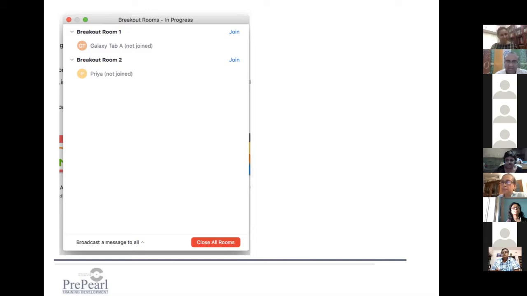And when I saw that screenshot, I said, oh my gosh, I didn't realize that there is an option where you can assign people to breakout rooms in advance. And what it seems to require is the email IDs of the participants. I still have to try that out, but I'm definitely going to try it now since it's a new discovery. So yes, it is possible.